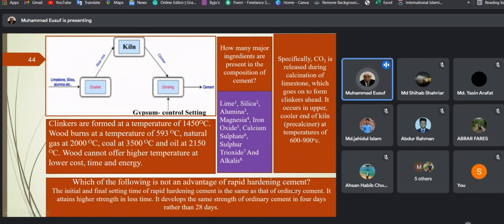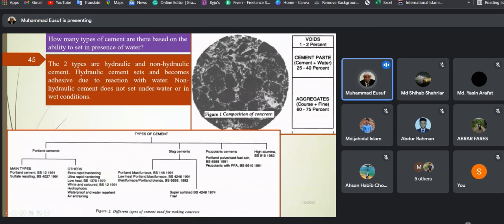Okay? Rapid hardening cement gains the strength by 4 days, and normal cement takes 28 days. That is why after the casting of any structural components by concrete, we have to wait for 21 to 28